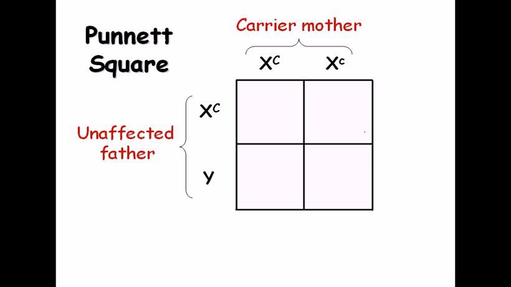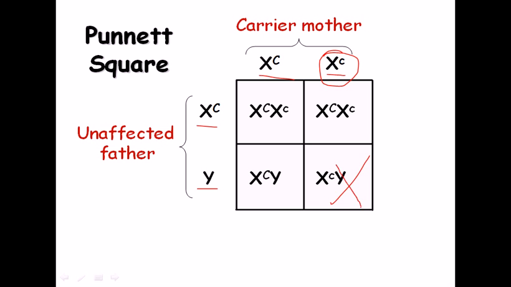Now here if you look at the Punnett square, suppose a carrier mother has XC for the disease and XC is not that disease. The unaffected father has XC and Y. So this is the disease because the recessive one is causing the disease. The Punnett square will give us the result that this XC is producing a carrier, this is producing another carrier, this is producing normal, this is producing the diseased one.